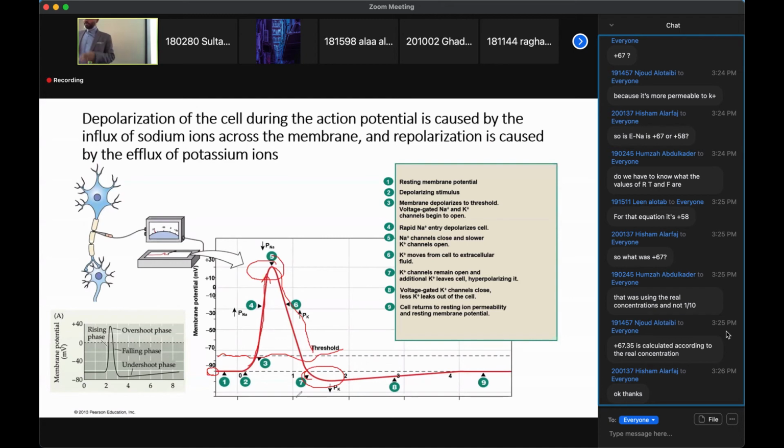Now what is really the ionic basis of the movement of sodium in the action potential? Because we know here that when the voltage-gated sodium channels open, as we will see in a second, there will be a dramatic inward current of sodium, which will bring the membrane into more positive values. Why? Okay, and this can be basically described by what we just covered in the introduction.